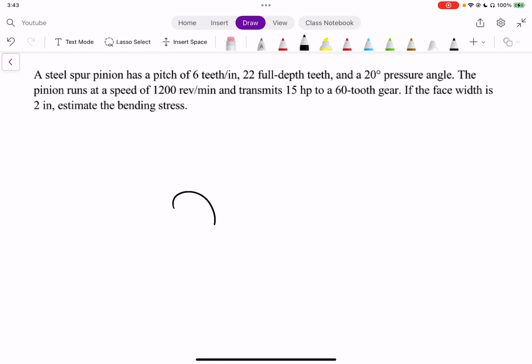So the quick diagram, I'm going to do a very rough sketch of two gears meshing together, one gear with 22 teeth and one gear with 60 teeth. I'm going to add the T there so that we know its number of teeth. And we know that this is the pinion and the gear. And we know the pinion is the smallest one of the two, and it's the one that runs at a